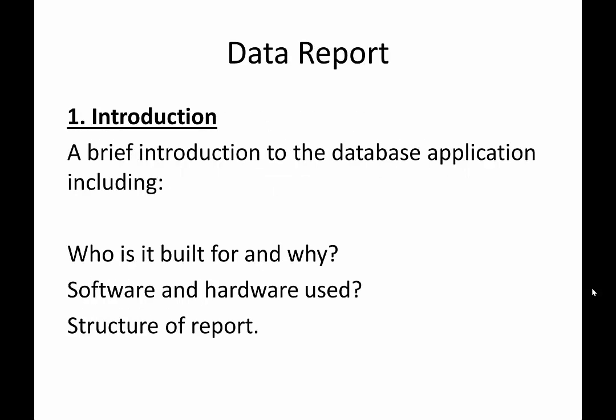Okay, so this is laid out in the spec, so I'll just run through it quickly. So you normalize your data into third normal form, import all your shape files, then you need to write your report. Your report consists of various sections. The first thing is a brief introduction to the application, who it was built for and why, software and hardware used, and then outlining the structure of the report. I sometimes wonder why I have to say these things, but it's amazing how many people will start without an introduction to their